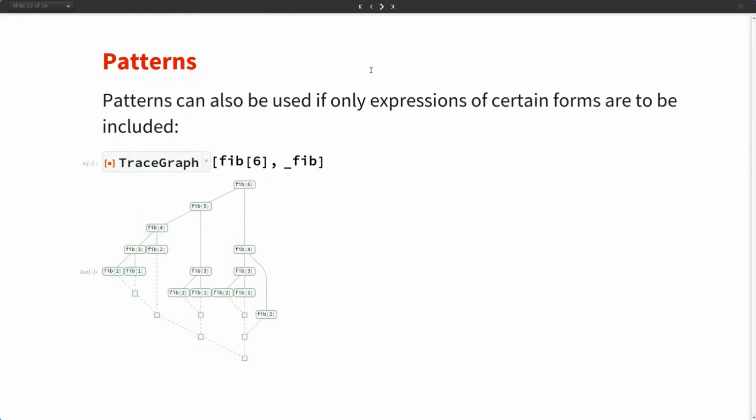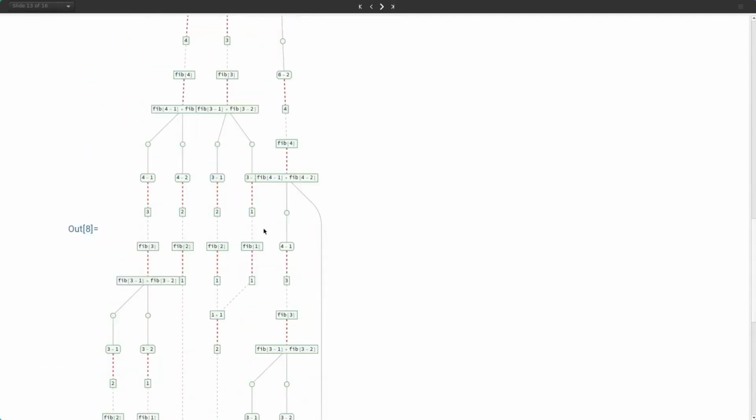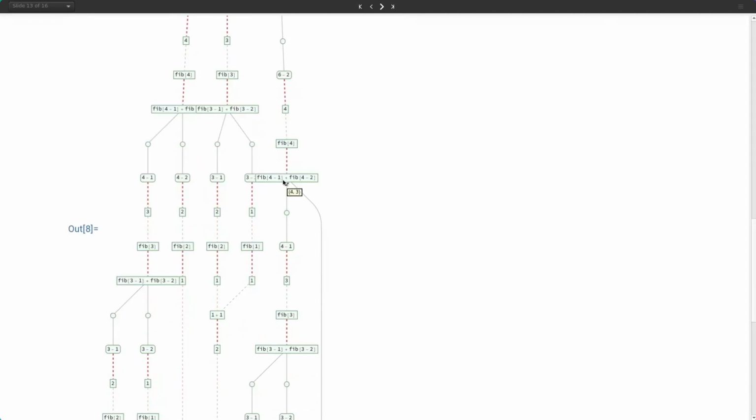Another thing you can do, there's more options than just TraceOriginal. I'd refer you to the reference page for the full list. Another thing is you can say there's only certain patterns that I even want to see. So for example, if I do fib of 6 without specifying what I want, I'm going to get potentially a very large graph. A lot of this, though, is things like 5 minus 1 goes to 4. Well, if I don't want to see those, and I'm only interested in the dependence between these different fib calls,